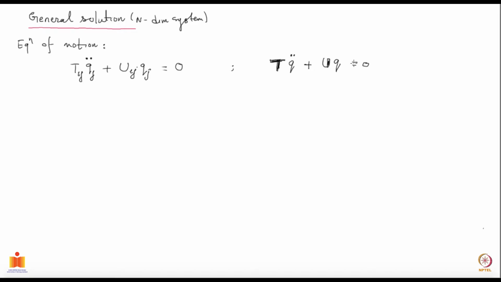Now that's not difficult because we have already done most of the work. In fact, we have done all the work. All we have to do is just write it down. So we'll recall that our system behaves as if it is a collection of n independent harmonic oscillators. I'm assuming all the frequencies to be non-zero here. All the oscillators have non-zero frequencies. So the picture is the following. If you choose the normal coordinates, then it looks like the following.